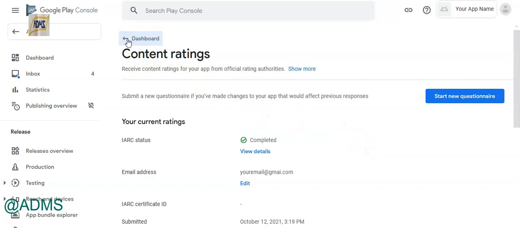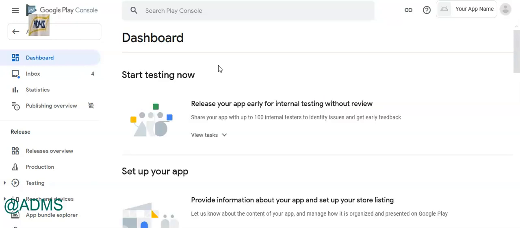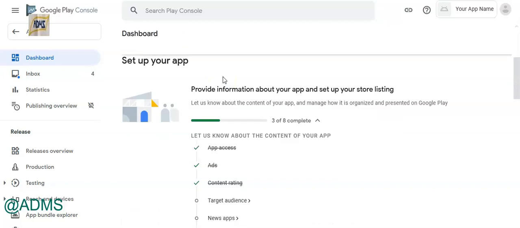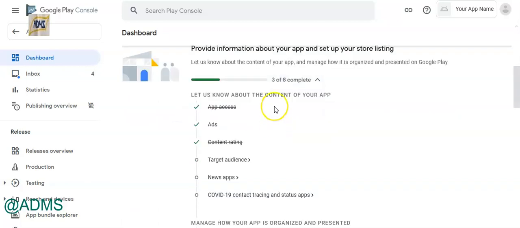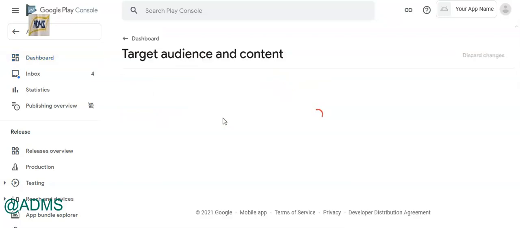Now go back to dashboard again. Okay, so we have completed 3 of 8 steps. Now click target audience.